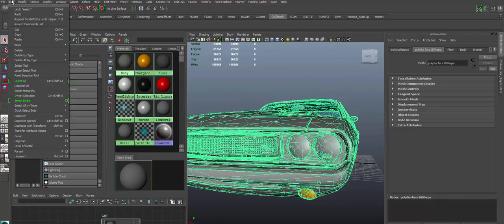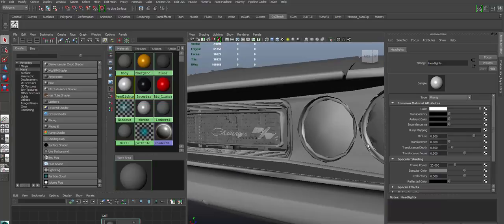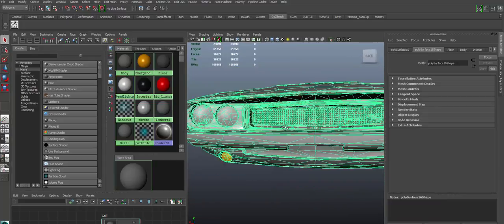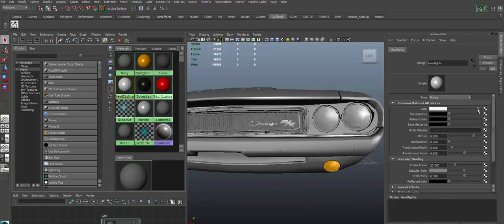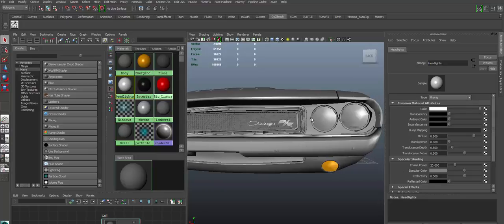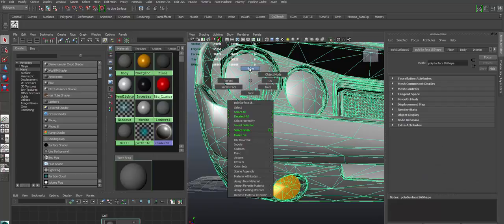So now that I have lowered the polygon count, we could actually go ahead and export this. I'm going to check something real quick. How come this thing isn't changing? Headlights. The lights on this should change, but it's not. Huh. Interesting. I think it's because I have